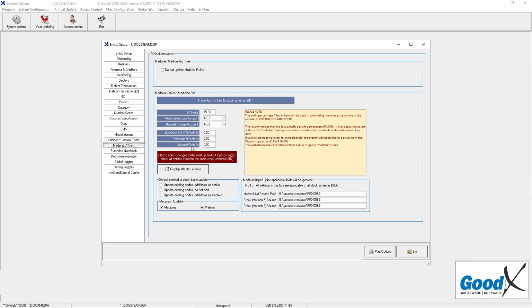Material profit percentage refers to the profit percentage added to surgicals over and above the multi-tier rules. Click on the Material profit percentage field and complete the relevant percentage. Click on the Display Affected Entities button to see which entities will be affected by changes made. Please be aware that modifications to the markup and VAT percentages will impact all entities associated with the same stock